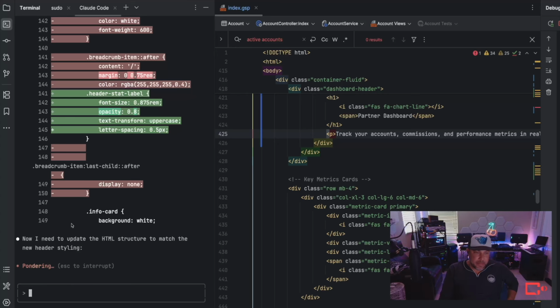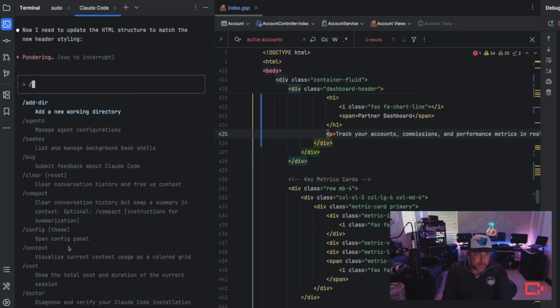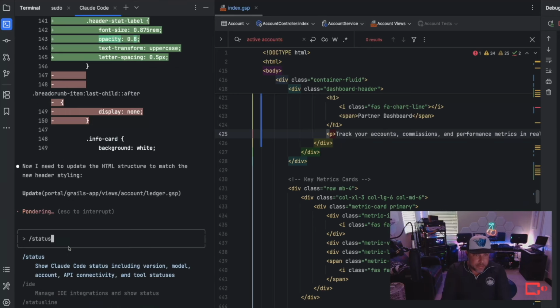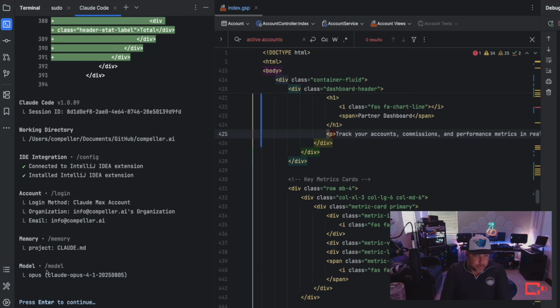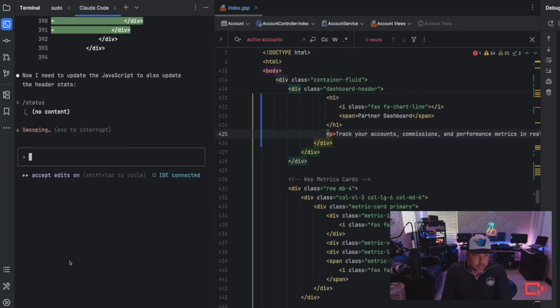But I do find that it runs a little slower. So if I say status, really? Oh, context. Sorry.